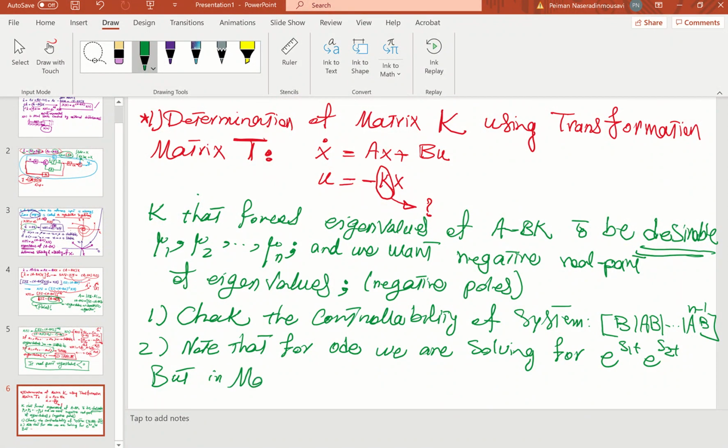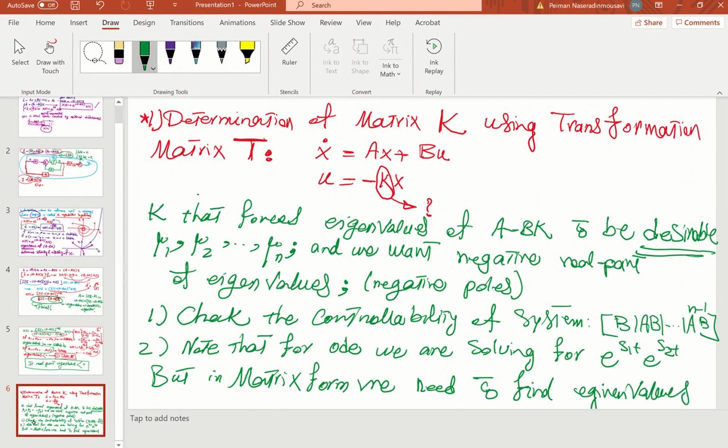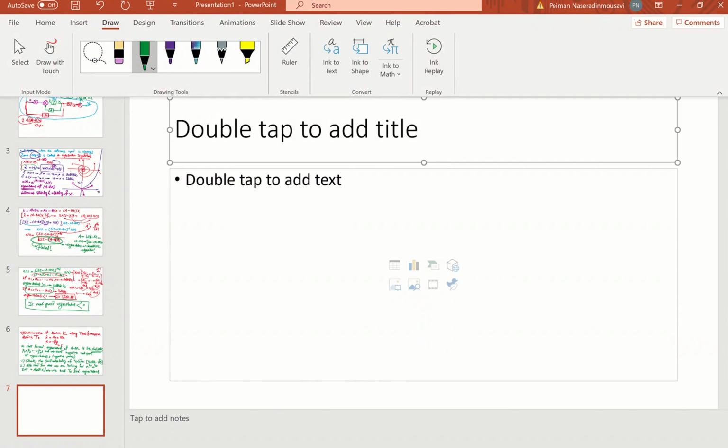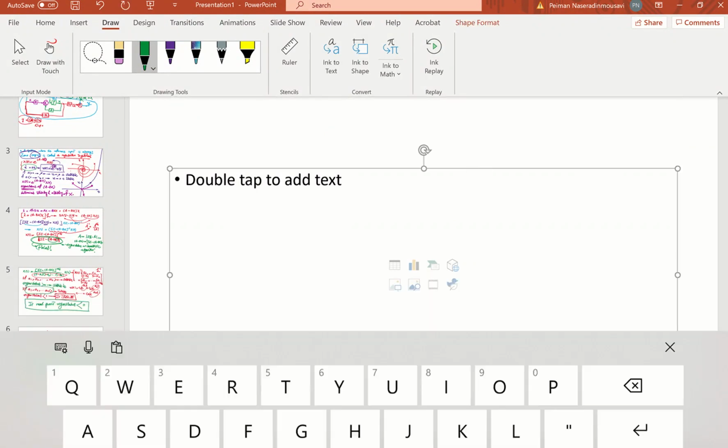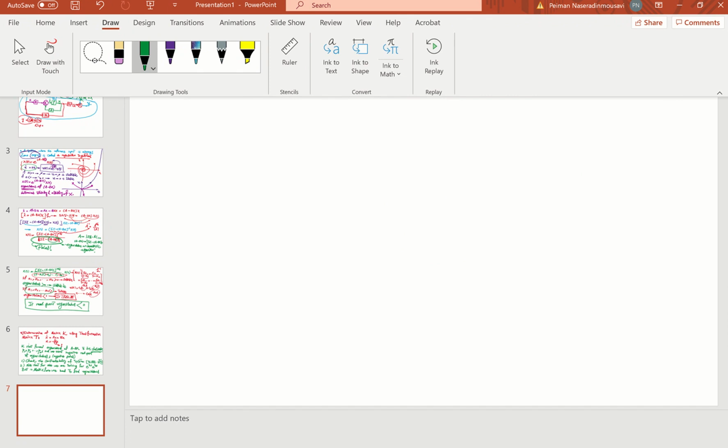But in matrix form, as for the LTI system, as I said to you right now, we need to find eigenvalues based on this formula,